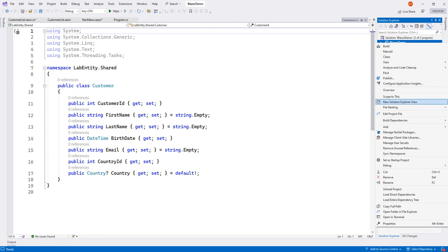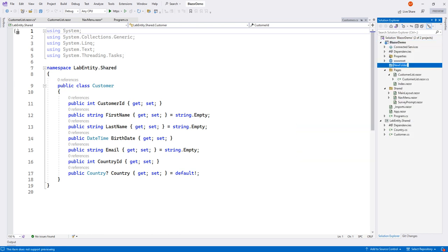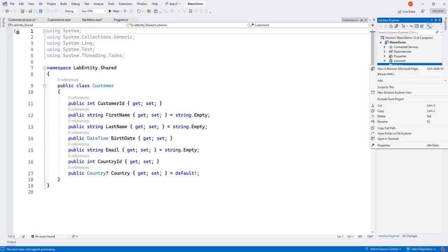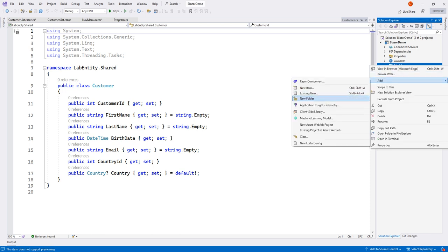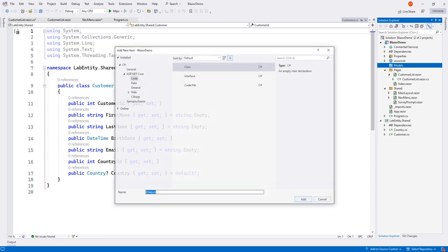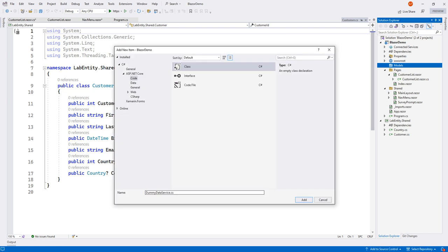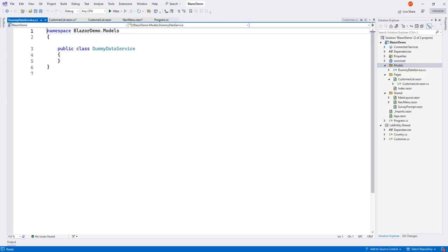I will add one folder named models, and here I want to add one class that in coming time will be replaced with the real web service. But for now I am going to create one dummy class, DummyDataService, and within this DummyDataService, what I want to do,